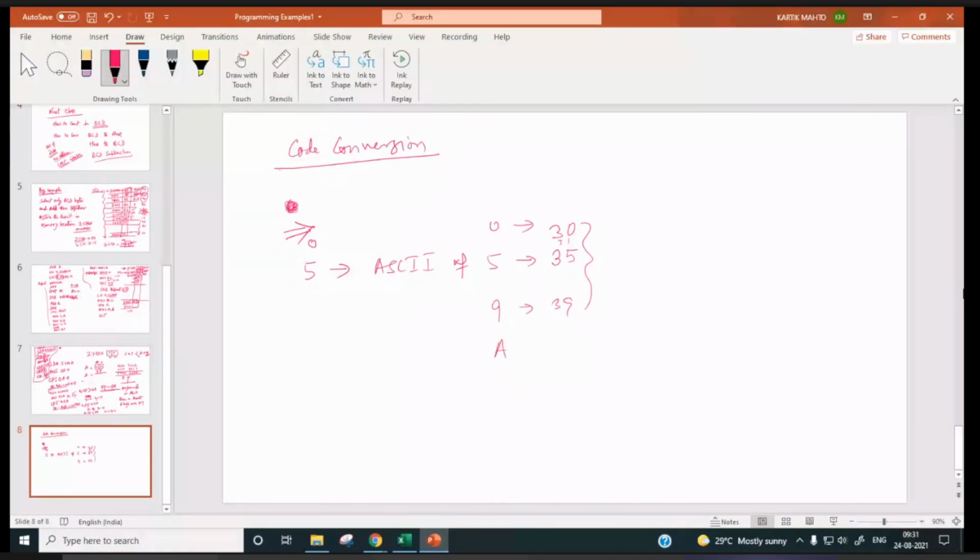Then we have A, B, C, D, E, F, G, H, up to Z. Similarly, small a, small b, small c, small d, all are there. So corresponding ASCII are there for each character, each key, we have an ASCII character.